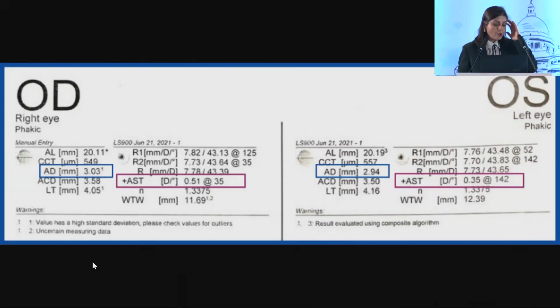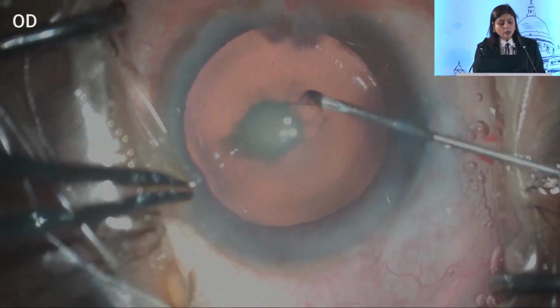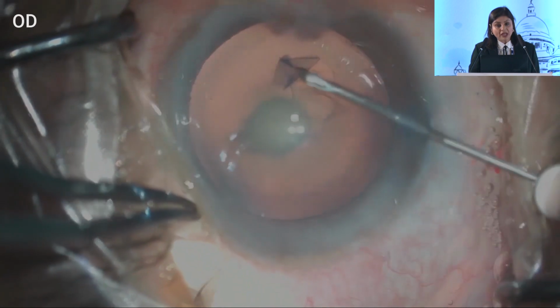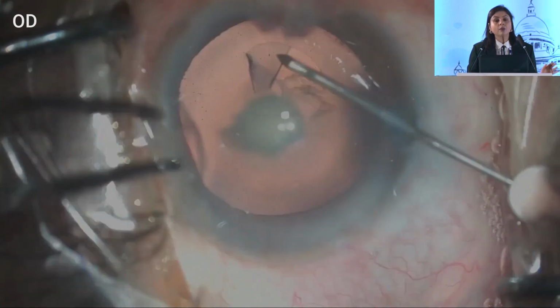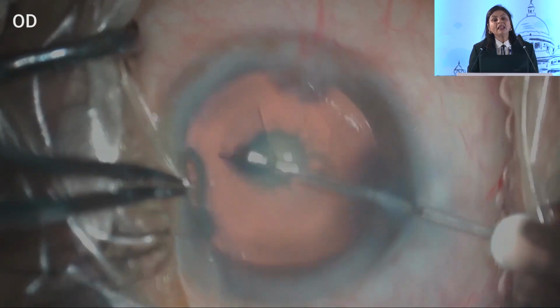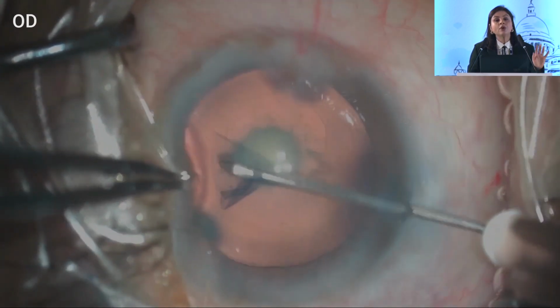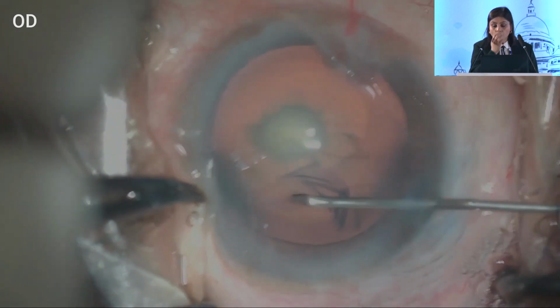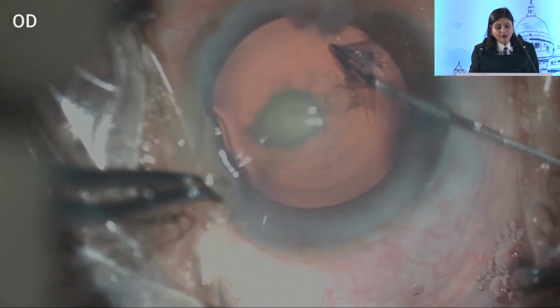All right, so the video is visible now. Just to restart a little bit, this is a patient with high hypermetropia and pterygium, which is not causing a significant amount of astigmatism. The IOL power here is 36 diopters, and the aqueous depth is adequate at 3.03. This patient desires only visual rehabilitation, so we are going ahead with just the cataract surgery and not